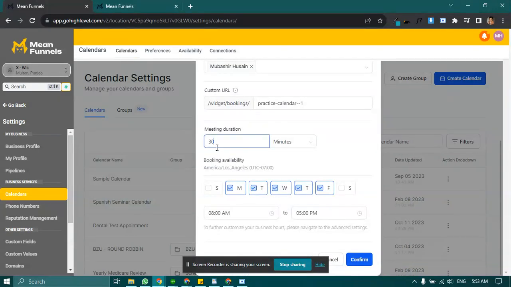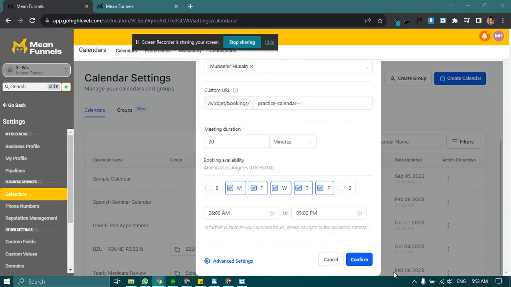Meeting duration. So the duration you want to add in this meeting, you can have minutes and hours. So it is up to you to select the meeting duration, and you can also add the availability of your calendar. If you want your bookings to be booked on Monday to Friday, you can select these options and add the default timing for all days. But if you want to customize it more, you can go to the advanced settings,